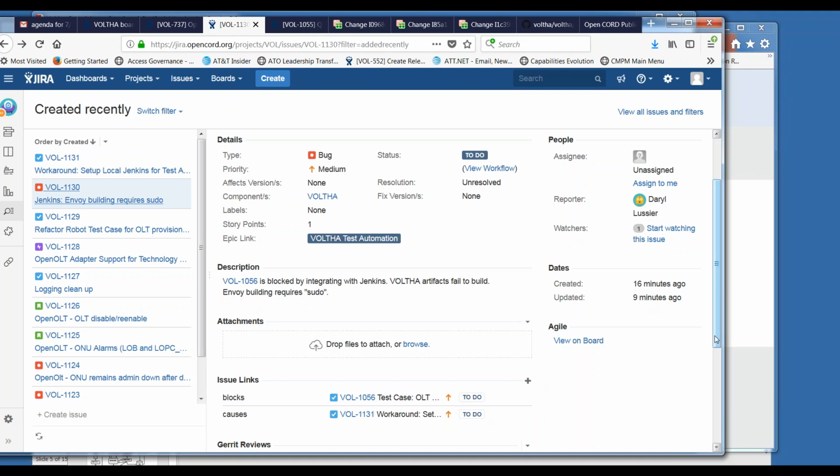Okay. Because this issue is really building in the AWS environment. That needs sudo to build Envoy currently, and on AWS they don't allow sudo for that. Okay. So we need to change the way it's being built. That's all.